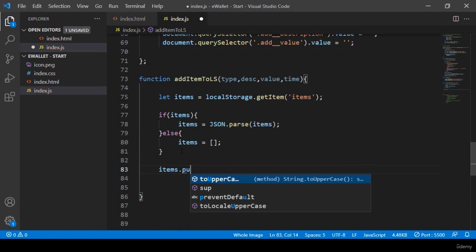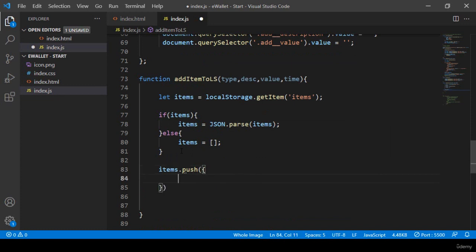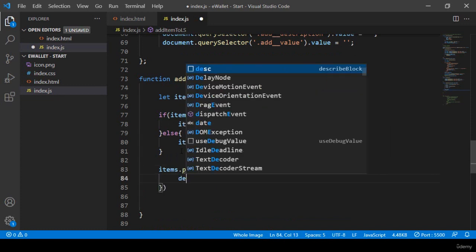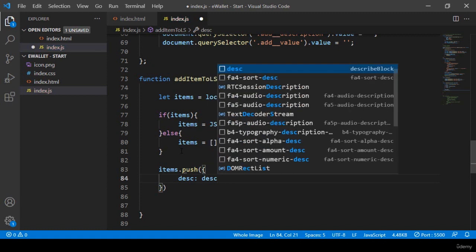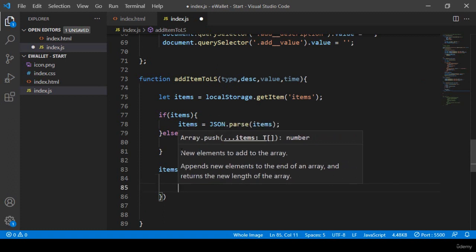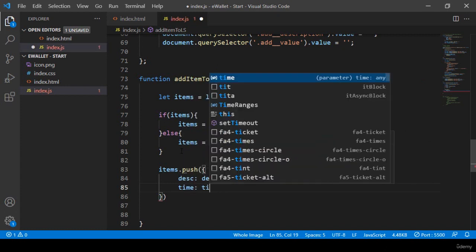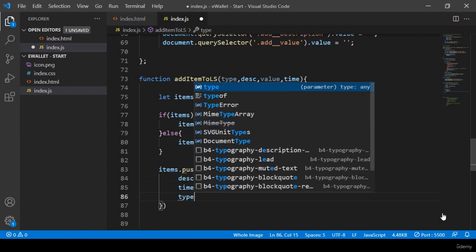So that is a push method, and into this push method area here I want to pass all that our object data, like I take it as a description, and our description will be as a description. Okay, so here I simply pass that our description, all the data. You can see there is an array push. So with this array push I want to pass all that our item, that means object all the data, and I want to take another one the same way. Our time will be as a time. I simply loaded this time, and then the type. Okay, type will